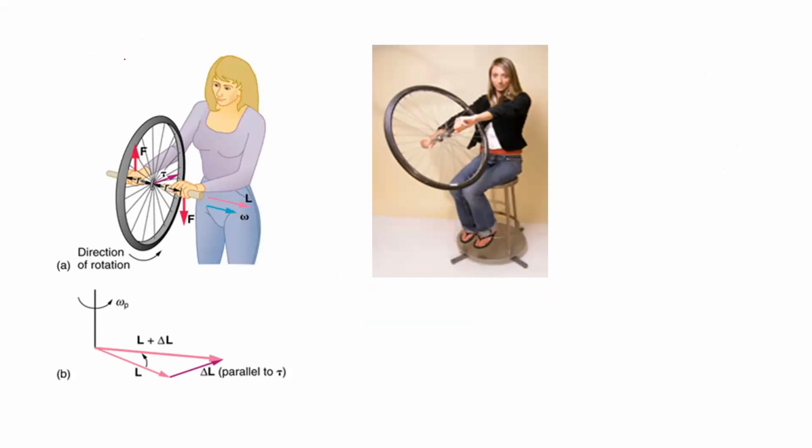Here one person carries one spinning wheel. Suppose this is the axis of that spinning wheel. Let us take this axis as x, and it is rotating with some angular velocity omega. This is the direction of rotation. This bicycle wheel is rotating with angular velocity omega about this axis, and this person is holding this complete assembly, that is the axis.